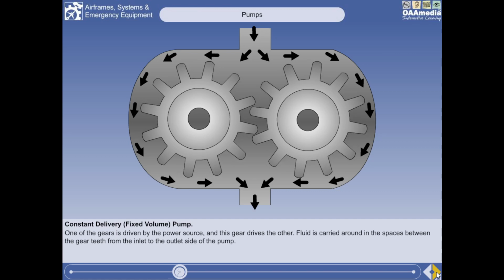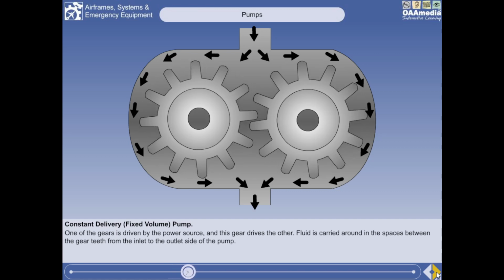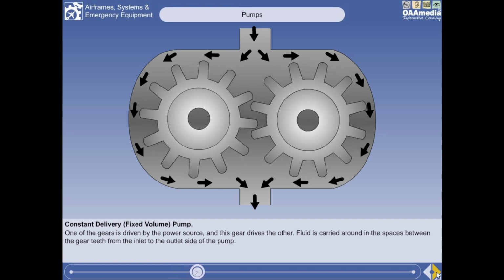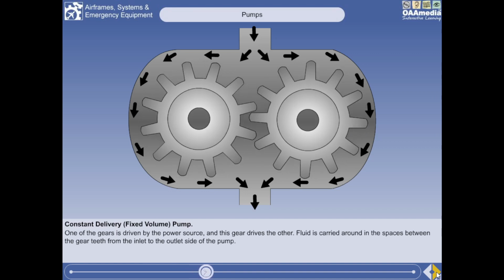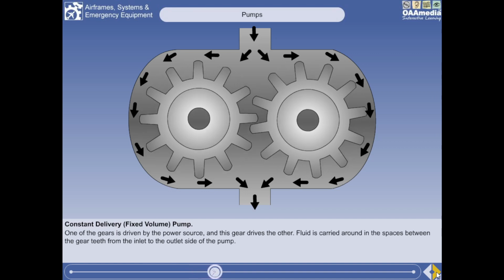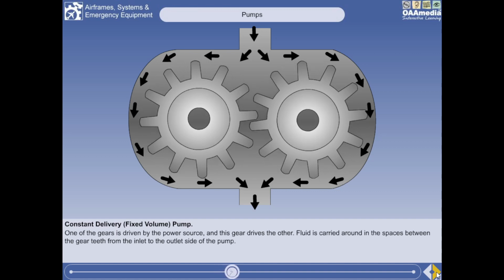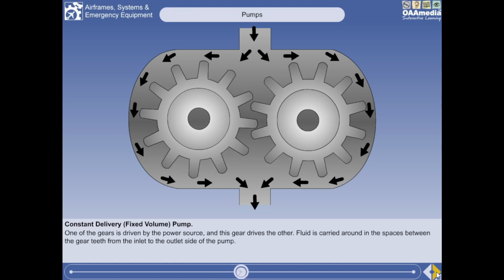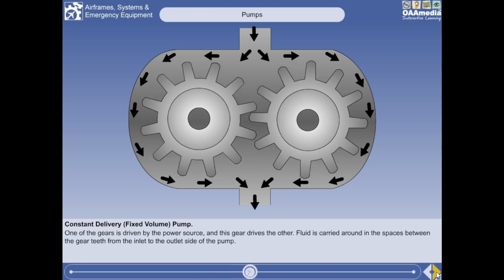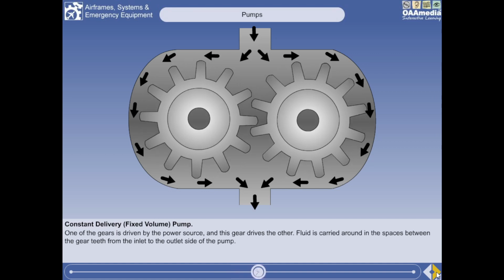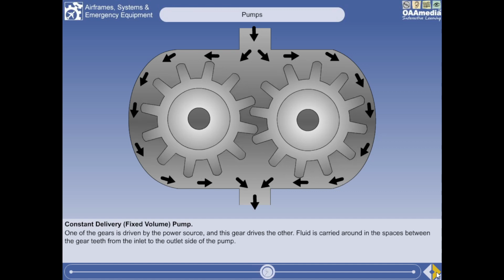This type of pump gives a relatively large flow rate. However, its output pressure is relatively low. It is usually a single, as shown, or double-stage pump. This type of pump supplies fluid at a constant rate, irrespective of demand, and therefore if it is being mechanically driven by the engine in a closed system,